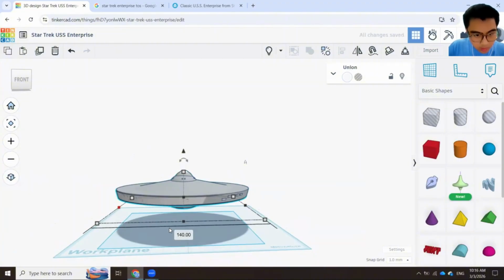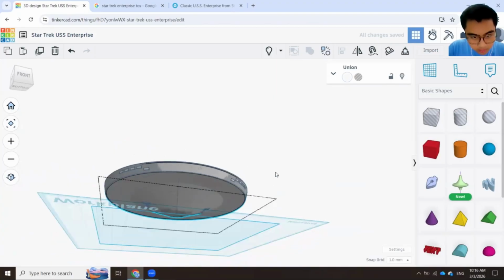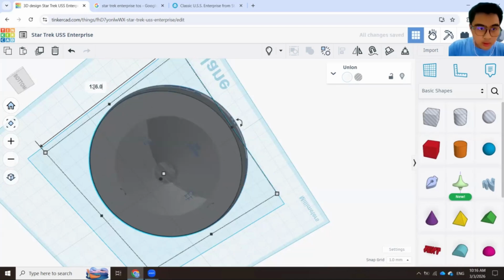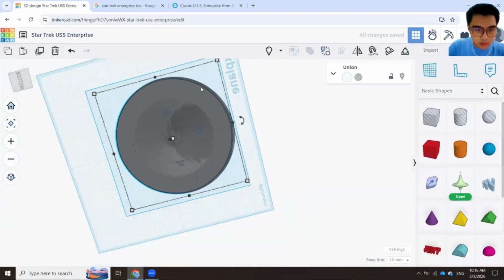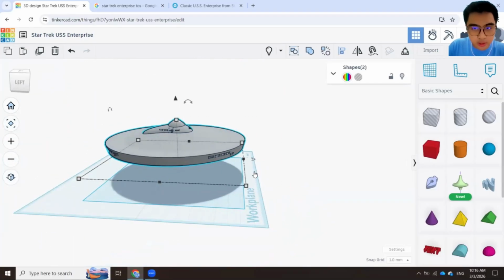Okay. I think I'll do 139. Same goes for here. 139. Wait, sorry. 139. Okay, that's about it. Now we are going to arrange them, align them. Right in the middle there.